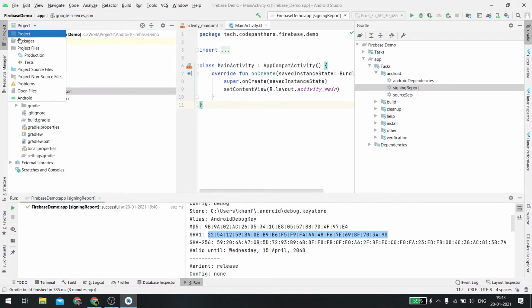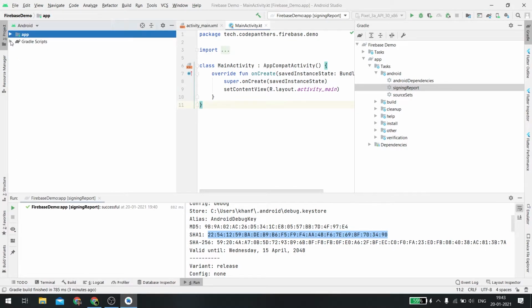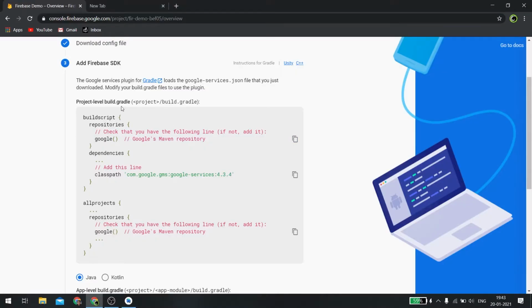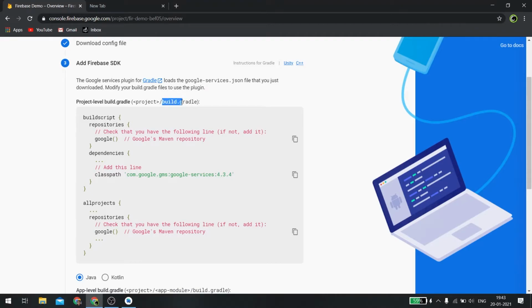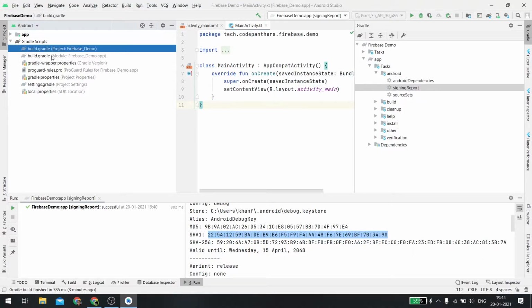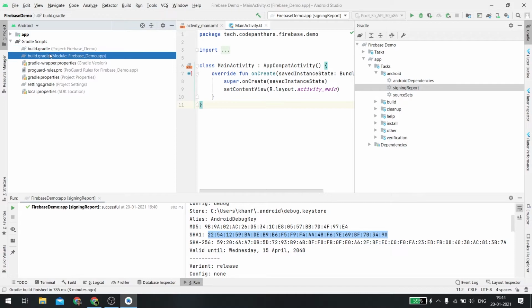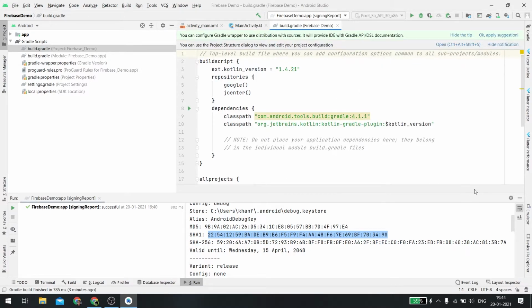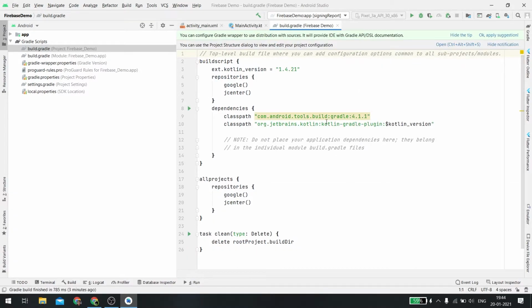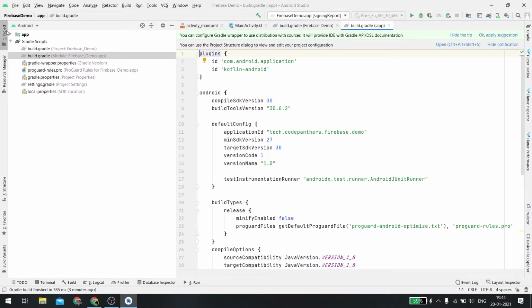So again, move over to your file structure view to Android so that you can see the files that are noted here. Now these are Gradle files, so all these are present together in the Gradle scripts. You can see the file that we are looking for is called build.gradle, but we can see two options for it: build.gradle with a project and build.gradle with the module. What it means is that this build.gradle file is meant for the entire application. It has configuration related to the entire project, while this build.gradle file is only related to this app module.